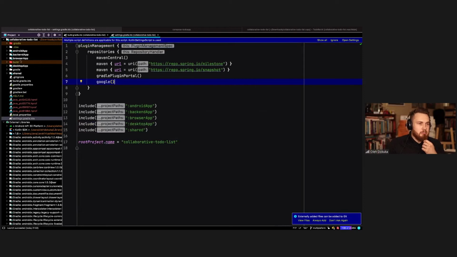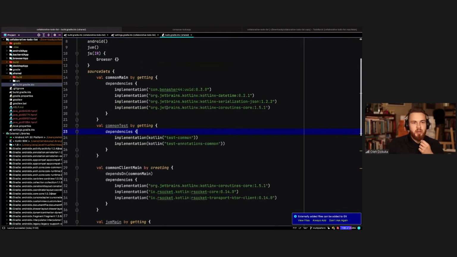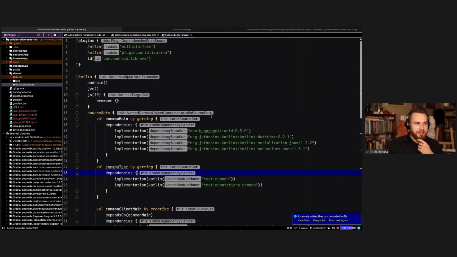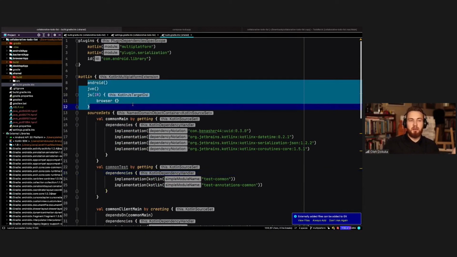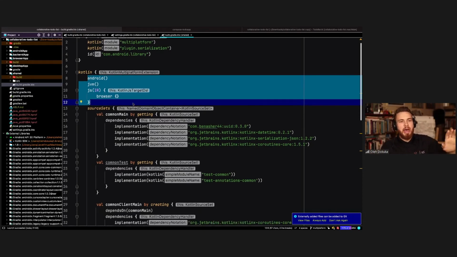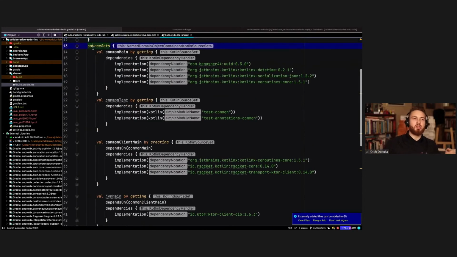And then let's have a look at the shared code. So the shared build.gradle.kts, for the shared module, is exactly or almost the same as we've seen before. The main difference is that we don't have specific platform setups or application-specific setups here. We just have a standard declaration that we have Android, that we have JVM, and that we have JS for browser, and nothing more than that. And then we have source sets, which bring in required dependencies or common dependencies,